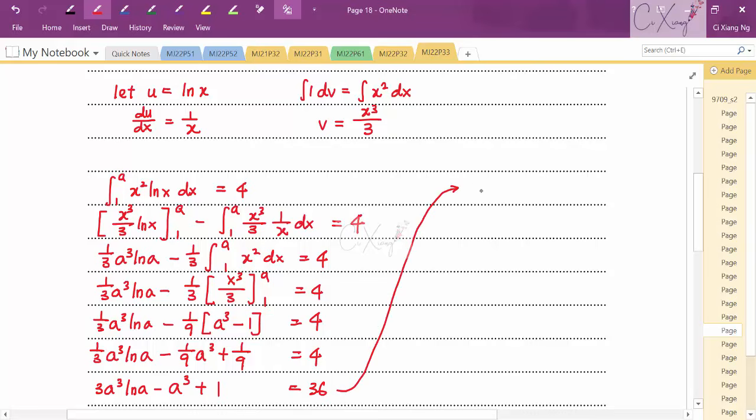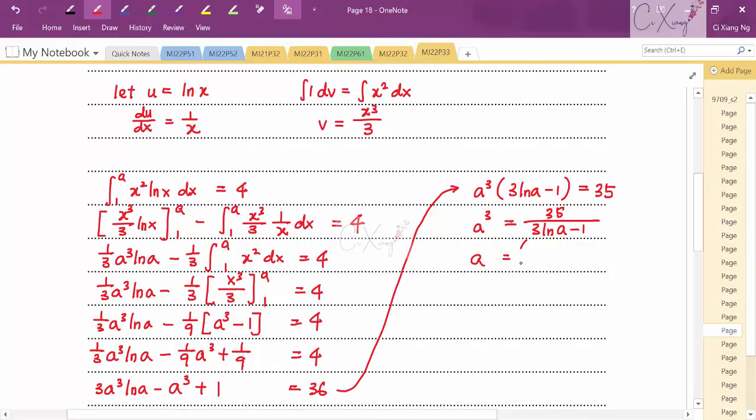Alright, so I'm trying to take out the a power 3. Then I left 3 ln a minus 1 in my equation. Then the particular number 1 here, I'll move it over, become 36 minus 1, which is 35. So I'm getting one step closer because I can see that 35 appeared in the final answer as well, right? Okay, so to get the a power 3, I will have 35 divided by 3 ln a minus 1, and